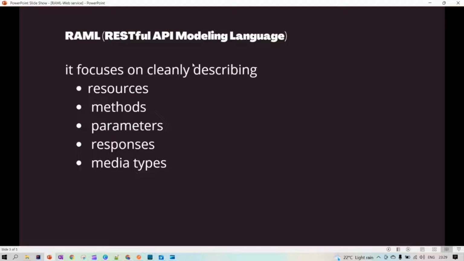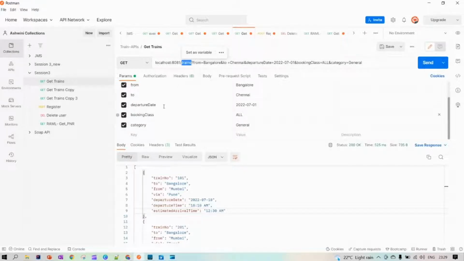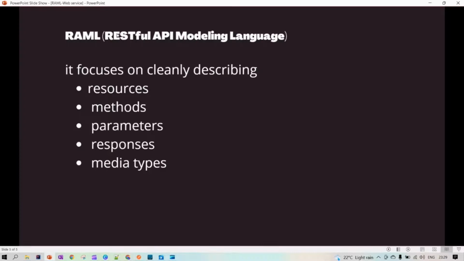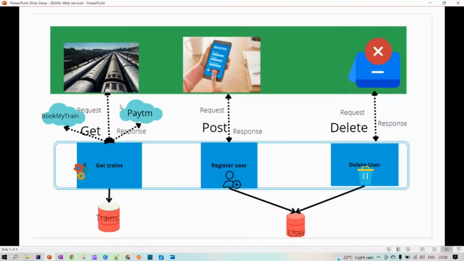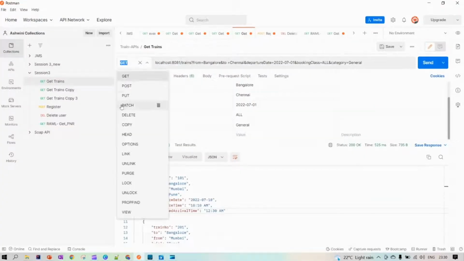So it focuses on clearly describing the resource, method, parameters, response, media type. In the example we have taken, this is the resource, because in the RESTful API, we will have to tell clearly what is the resource. We are trying to get what? We are trying to get flights, trains, buses, or what? That's a resource. Method is an HTTP method. Method indicates the desired action. And